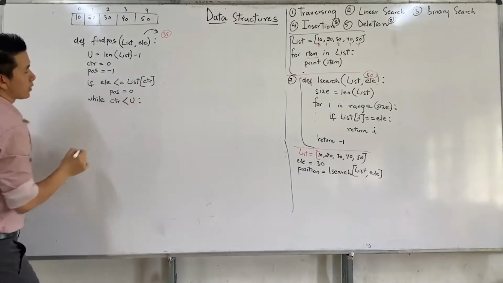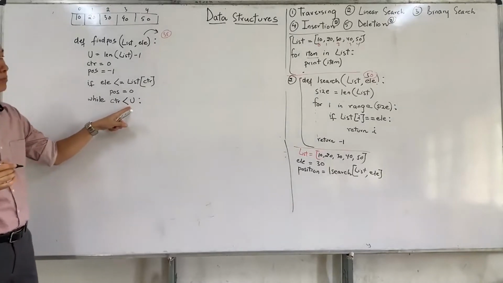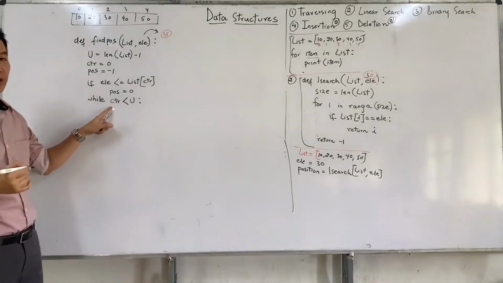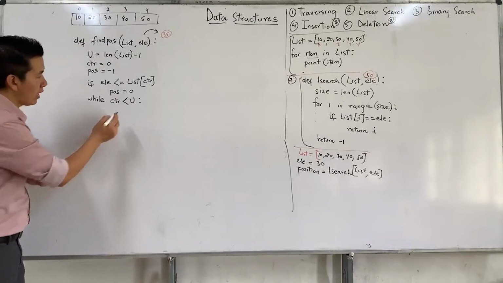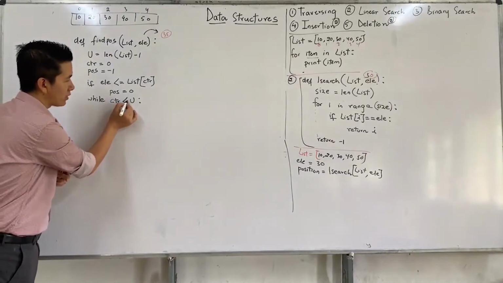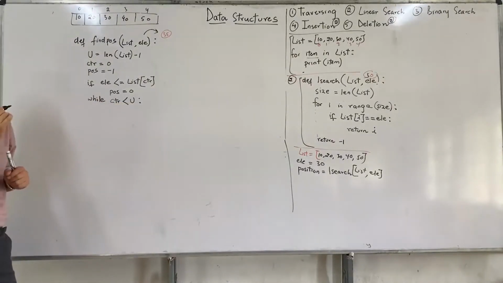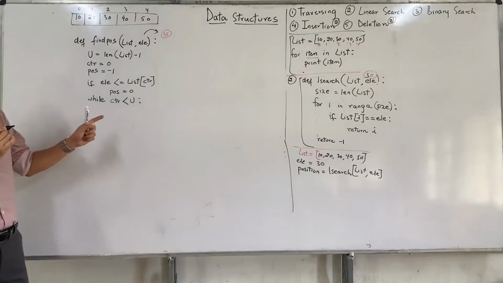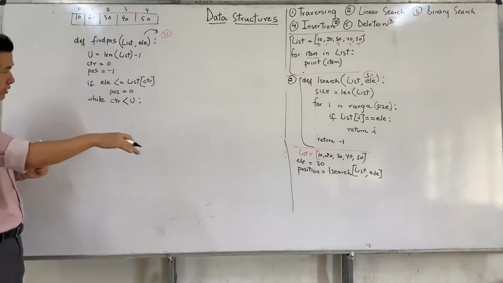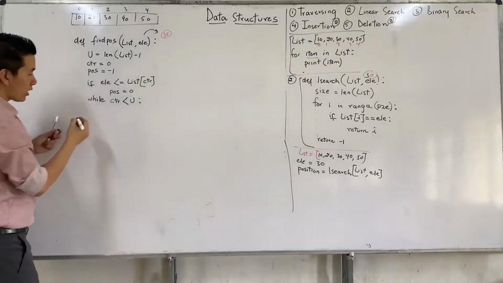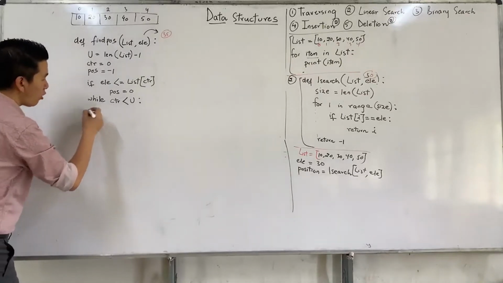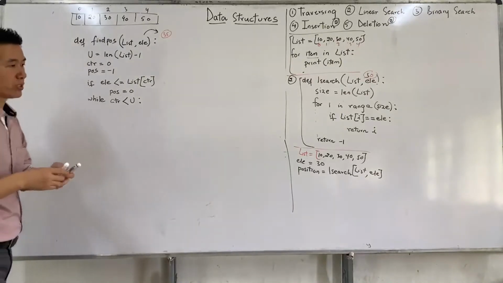Okay, U will be the final index, and then CTR will start from 0. I have a reason why I have not used the equal to sign here. This will raise a runtime error, which I'll get to a little later. So as long as this condition is true, I now write all the important